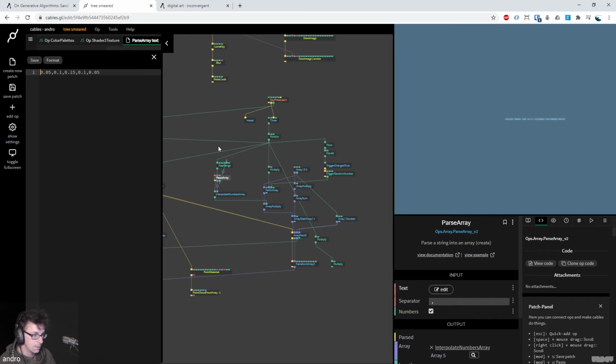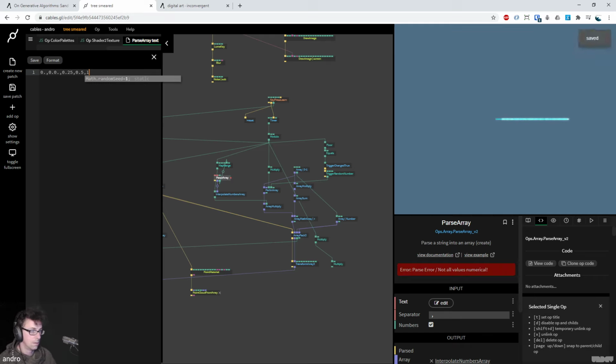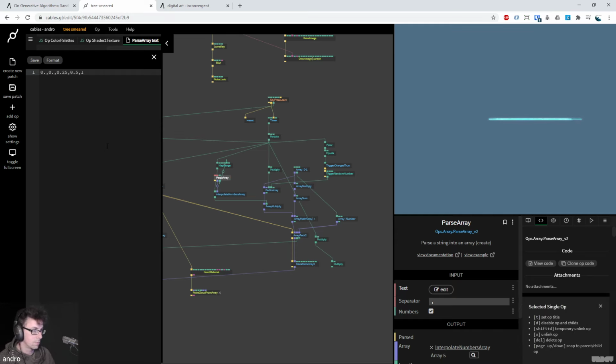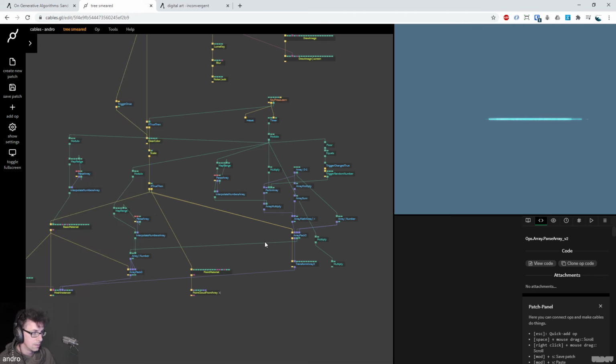So now I'm going to go here and I'm just going to put this on 0, 0.01, comma 0.25, comma 0.5, comma 1. I'm going to save that. Oh, made an error. There we go. So you get this warning pop up if there's a parsing error there, basically. So if I press W, so the thing is,